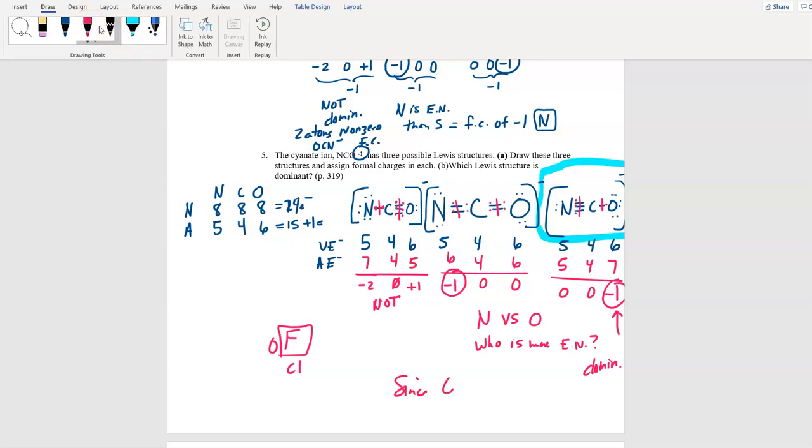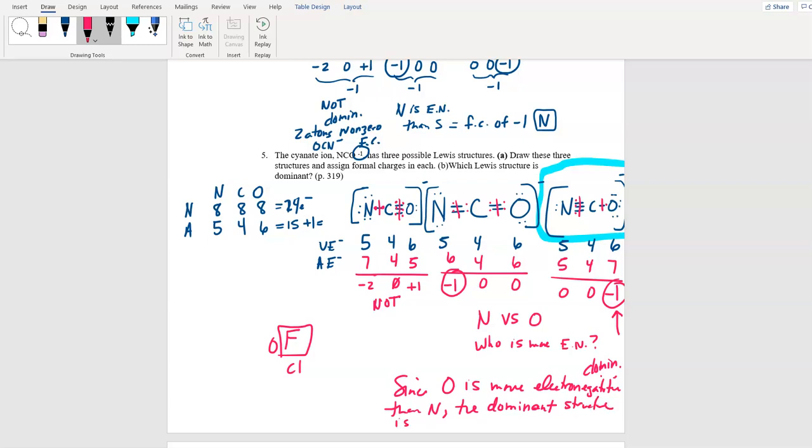Since oxygen is more electronegative, okay, make sure you can spell that, ladies and gentlemen, then nitrogen, the dominant structure. Okay, if AP says the word preferred, then you say the word preferred. You usually say the word dominant. The dominant structure